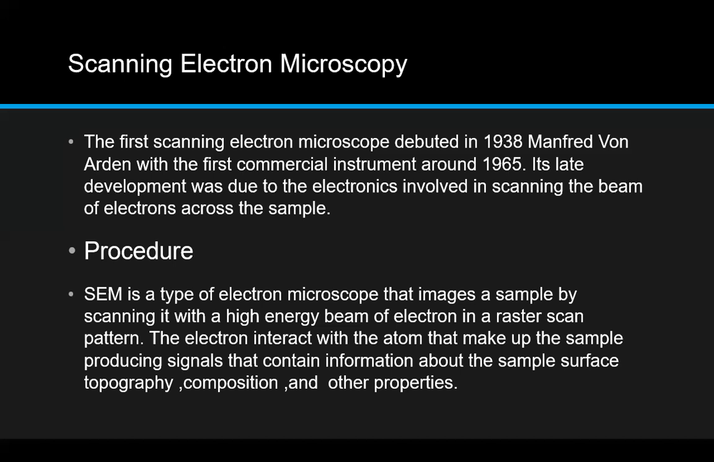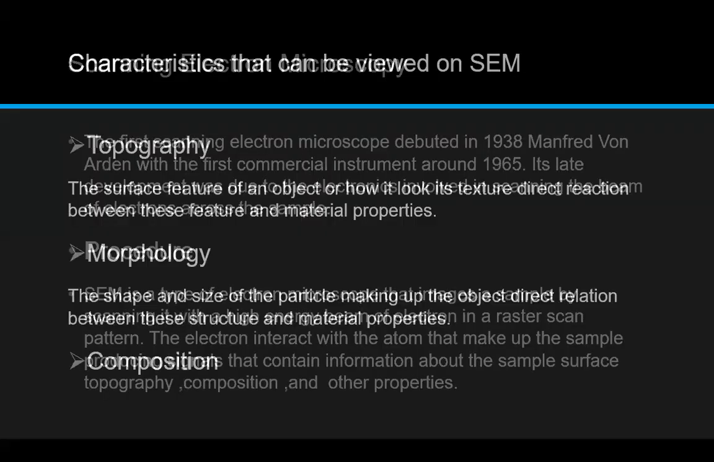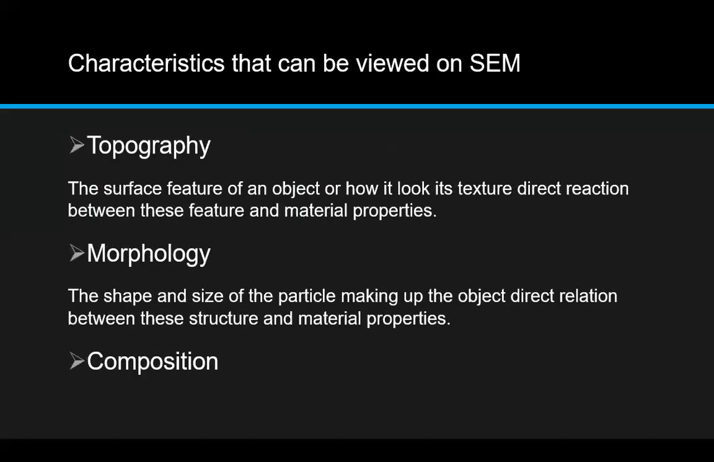Scanning electron microscopy is a type of electron microscopy that images the sample by scanning it with a high energy beam of electrons in a scan pattern. The electrons interact with the atoms that make up the sample, producing signals that contain information about the sample surface topography, composition and other physical or chemical properties. Characterization that can be viewed with scanning electron microscopy: